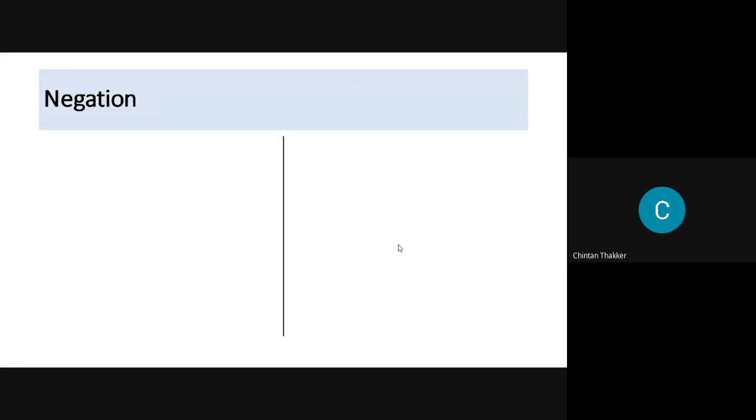Now, next we have the negation statement. Negation means negative statement.